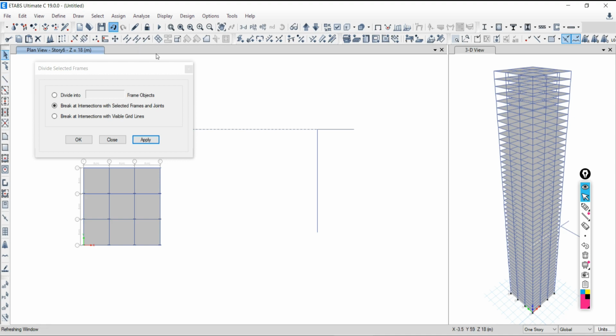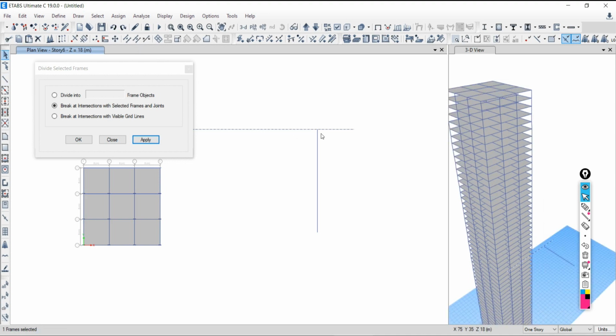Previously, if I click here, the entire beam is selected. But if you want to divide it, select the joint and say break at intersection with selected frame and joint. So that will be divided. Suppose you want to break this beam into three parts. Go to divide into, say 3, say Apply.